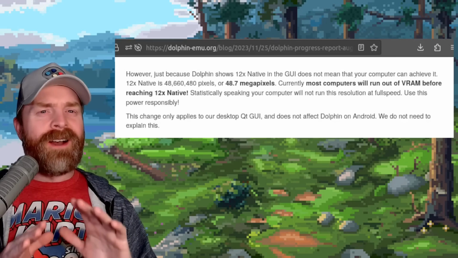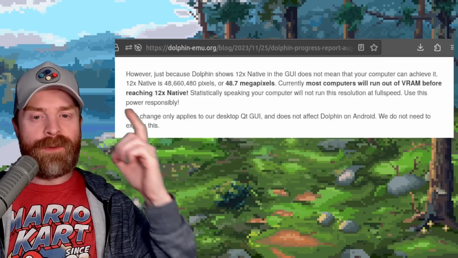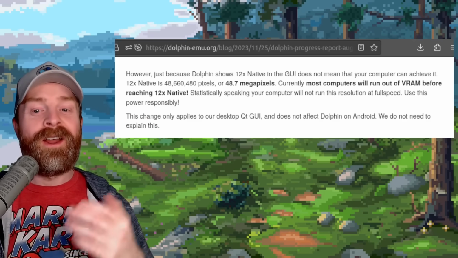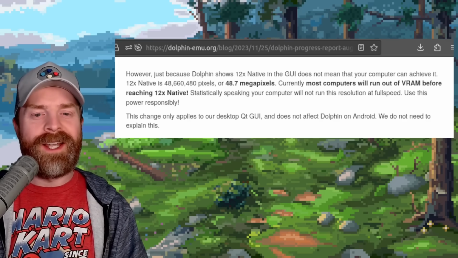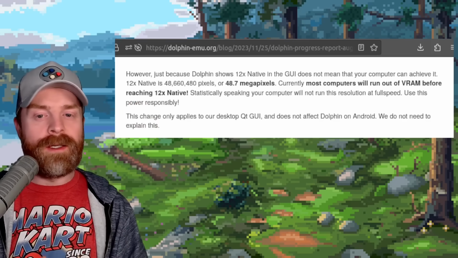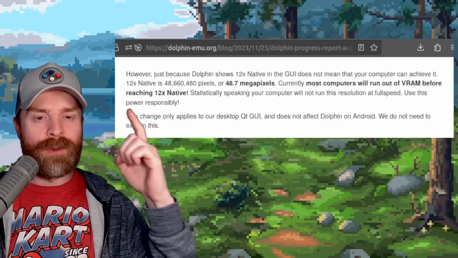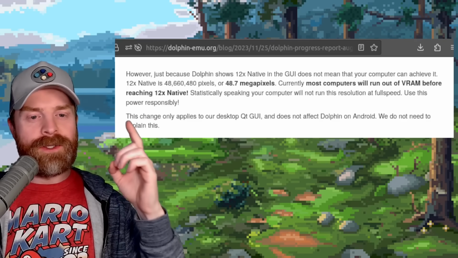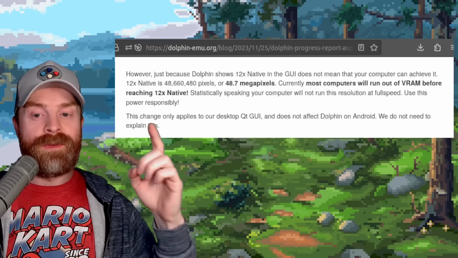They say just because Dolphin shows 12 times native in the GUI does not mean your computer can achieve it. 12 times native is 48.7 megapixels. Currently, most computers will run out of VRAM before reaching 12 times native. Statistically speaking, your computer will not run this resolution at full speed. Use this power responsibly. And they also say this change only applies to desktop, does not affect Dolphin on Android,